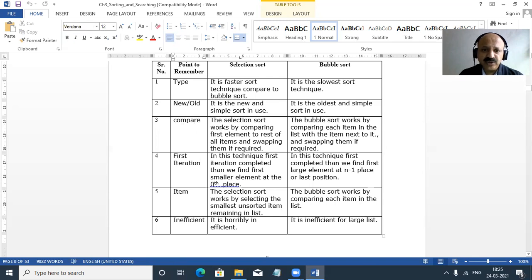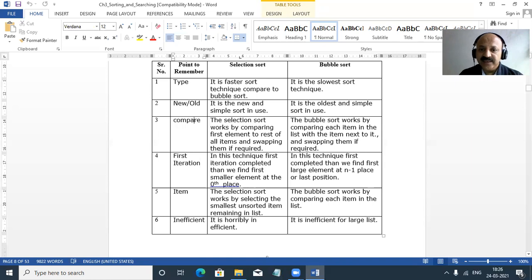Comparison: selection sort works by comparing the first element to the rest of all items and swapping if required, and bubble sort works by comparing each item in the list with the item next to it and swapping them if required. In selection sort, when the first iteration completes, we find the smallest element at the zero index.